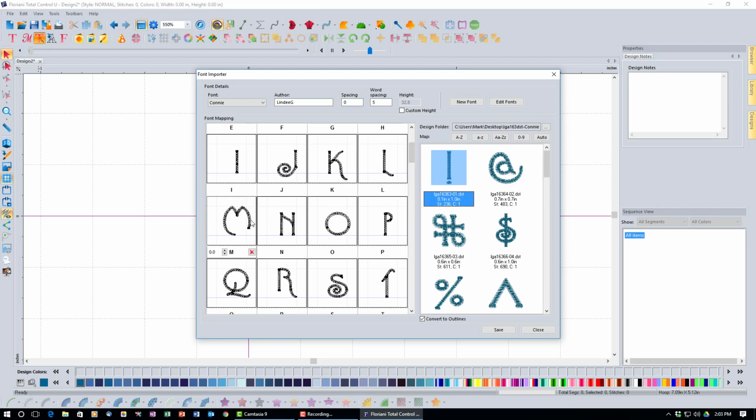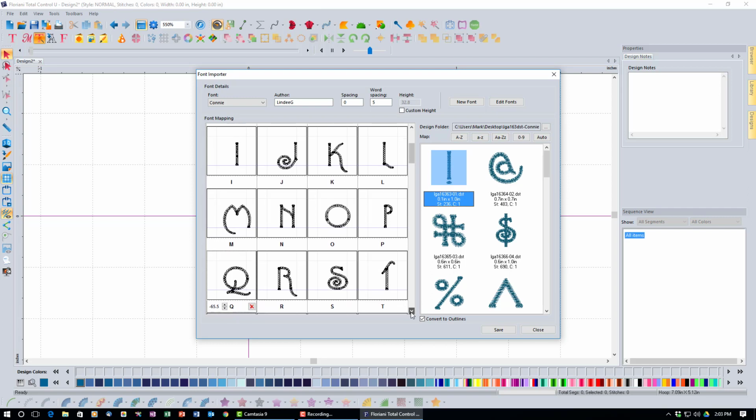So let me just scroll down in this window here. Let's move the M down. I'm too impatient to do it with the arrow, so I'm just going to do it visually. We'll go ahead and leave the P there. This R needs to come down, as does the Q. So we'll click and drag this R down. And you get the idea of what I'm doing here. I'm moving these down to the baseline so that when we type them,